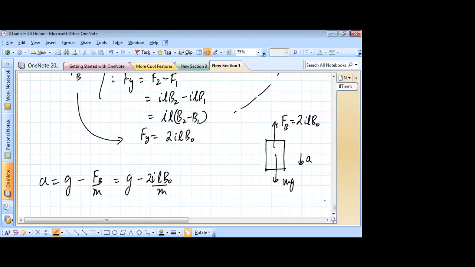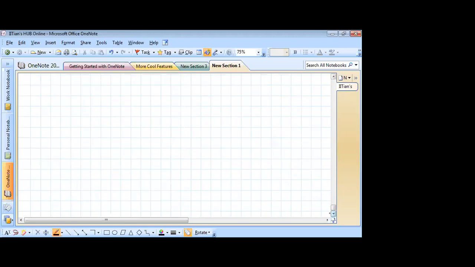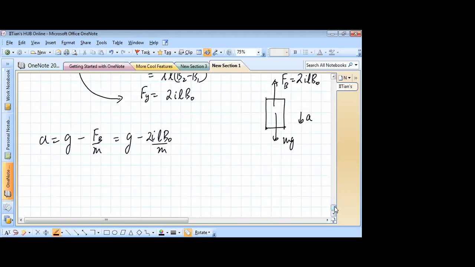Then we substitute the value of I, which we got in terms of the instantaneous velocity v downwards. So we get the acceleration as g minus 2 by 3 B squared over M lambda